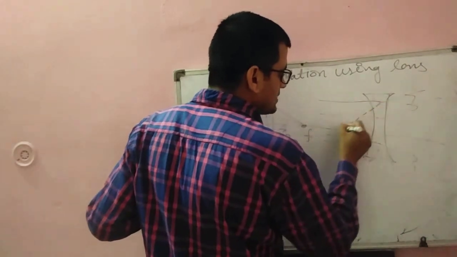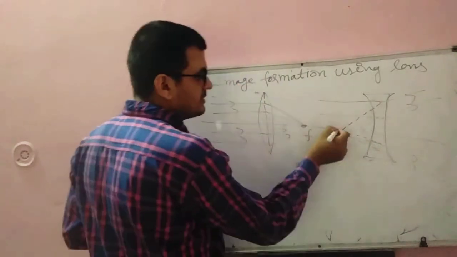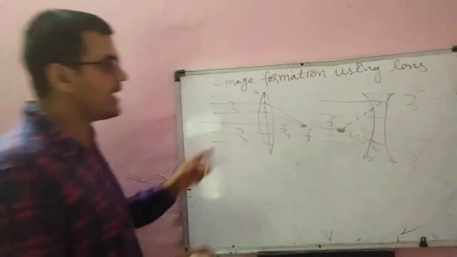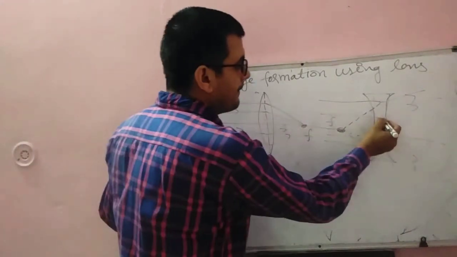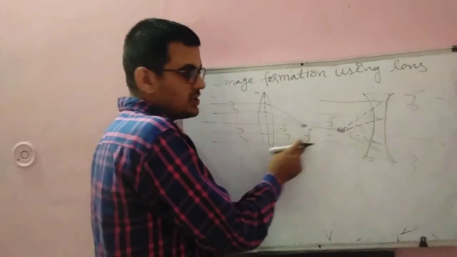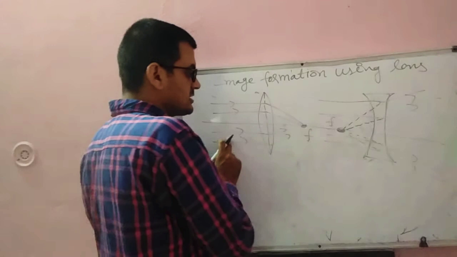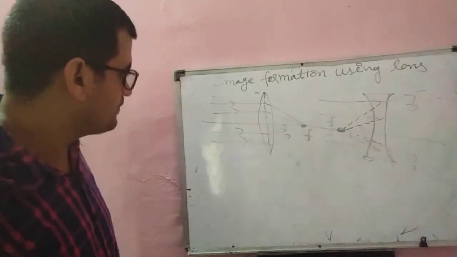We will draw these light rays back, and these rays appear to meet at this point. Okay, so whenever rays of light pass parallel, what will happen? It will meet at a point focus, or appear to meet at point focus. In case of concave, this is the case for focus, convex. Next one,